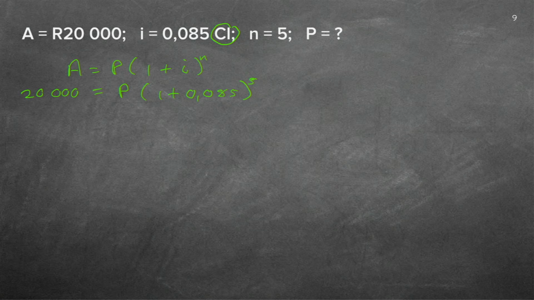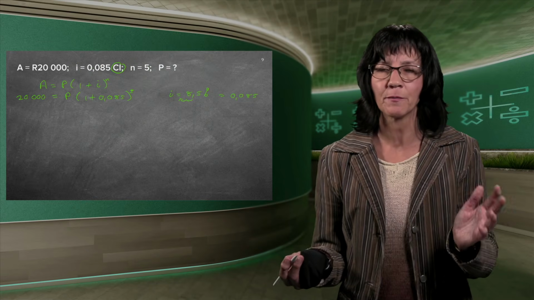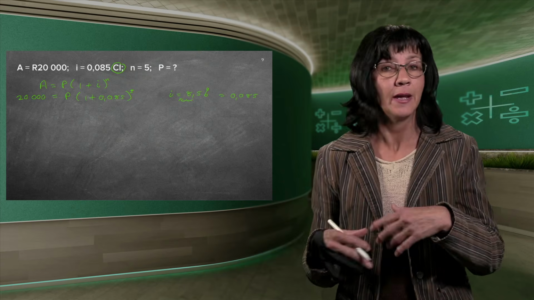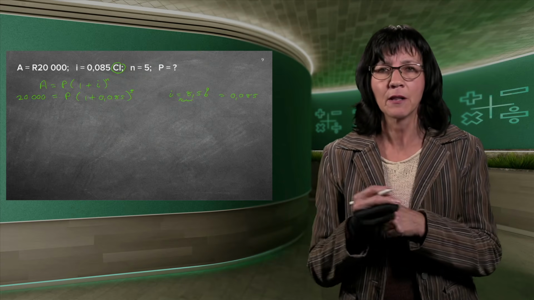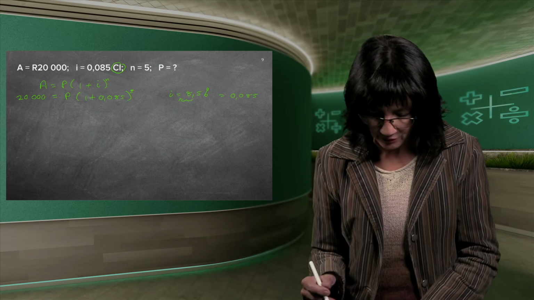Good. I just want to, again, they said 8.5 is my interest. So how do I know 8.5%? You take your comma and you move it 2 spaces to the left, and that's why it becomes 0.085. Many times when there's already 2 digits, most people just say 0.85 because in their mind they just see 2 digits. It can be 3 or 4 digits. It depends on how fine and in detail they want to do the problem. So make very sure that you have that correctly.